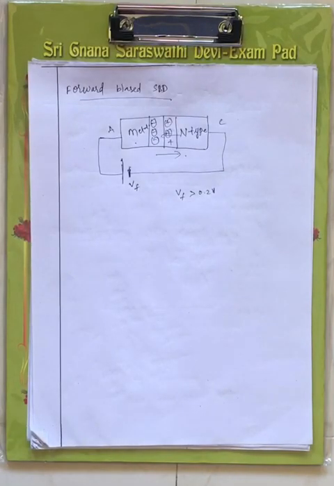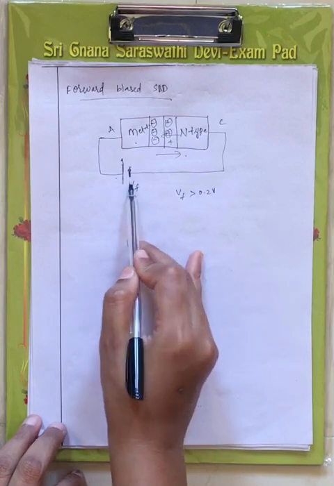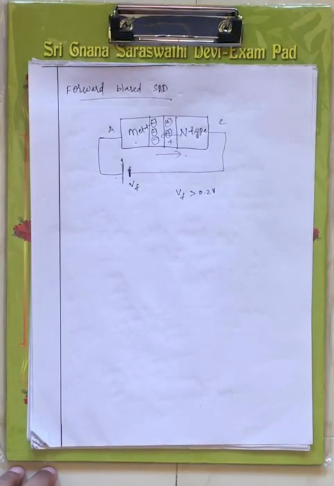Now let me briefly explain. The metal is diffused with n-type, right? Now when it is diffusing with n-type, the electrons in n-type will move towards the metal. That creates negative ions at the metal and positive ions at the n-type. Now the anode is connected to the positive terminal of the battery and the cathode is connected to the negative terminal of the battery. This is under forward biased condition, right? That voltage I am representing as Vf, right?